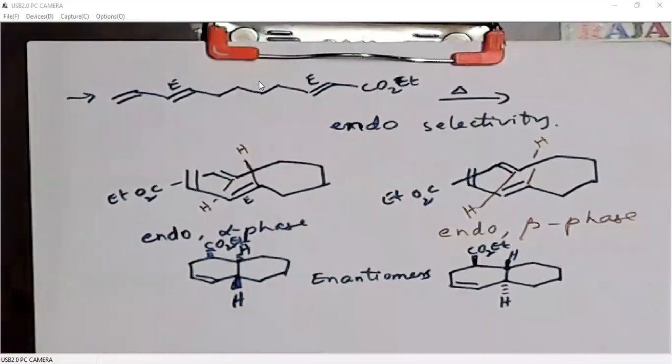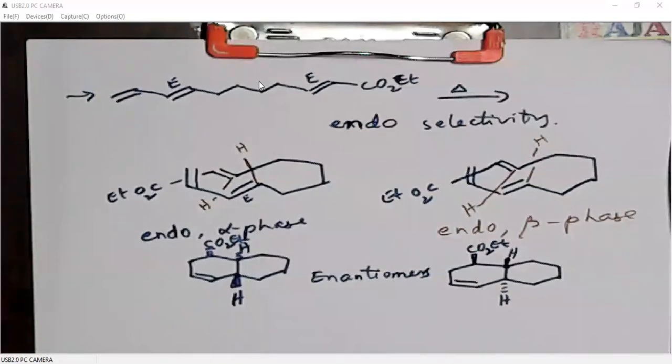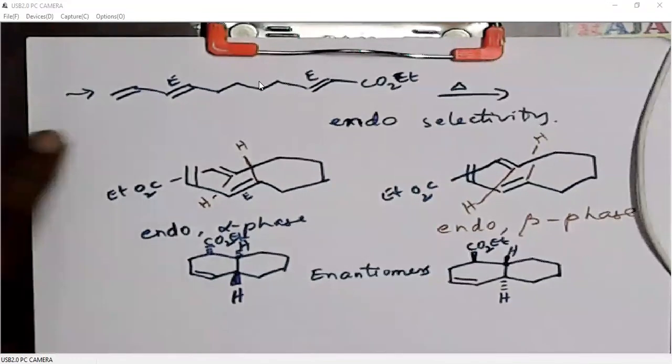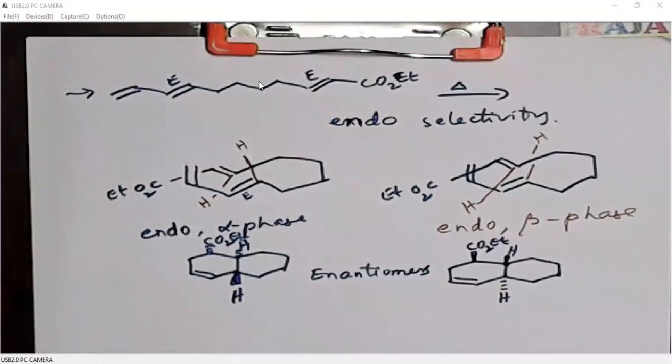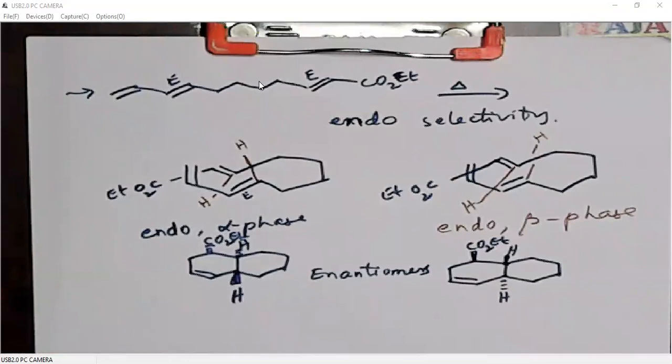Again, I would like to repeat this point. With intramolecular Diels-Alder reactions, the exo product is also possible along with the endo product. So in the first case, when we were discussing this example, I have simply given one product based on the exo rule, one product based on the endo rule. You just look at your notes. So the endo selectivity has given trans ring fusion, exo selectivity has given cis ring fusion. Okay, so that's over.